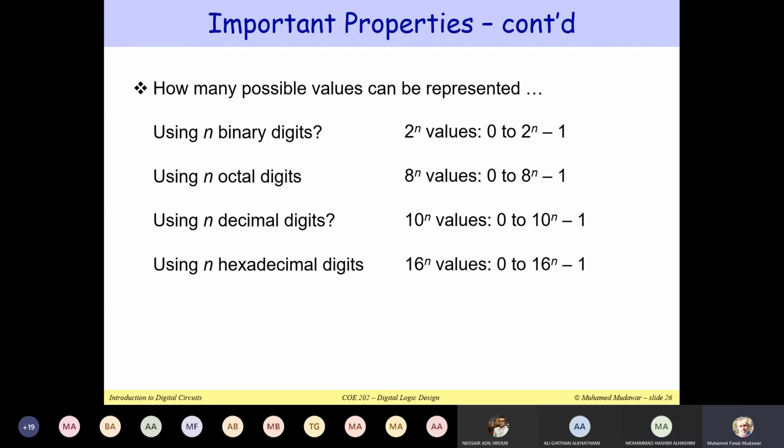Of course, we are not dealing with negative numbers. We are dealing only with unsigned integers. I'll talk later about negative numbers, because this will change. You can also use binary numbers to represent negative values, but I'll come back to them later. So here we are dealing with unsigned integers.